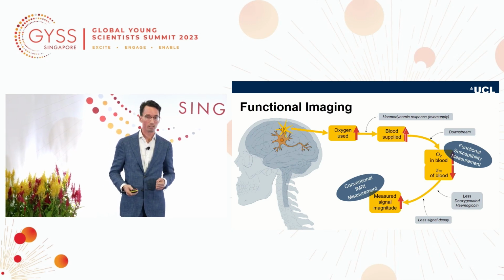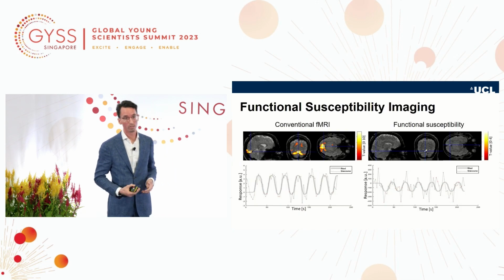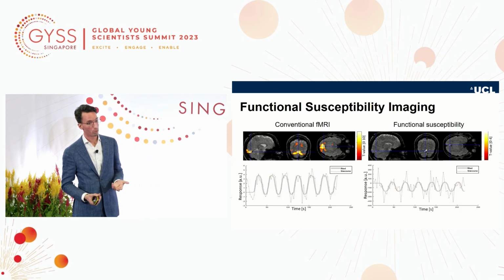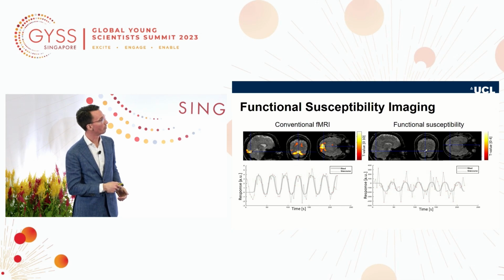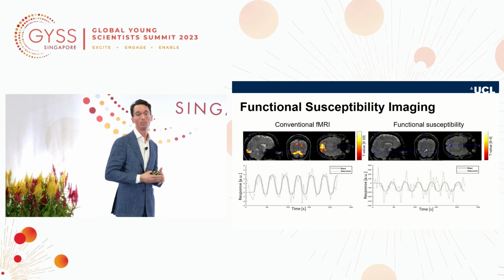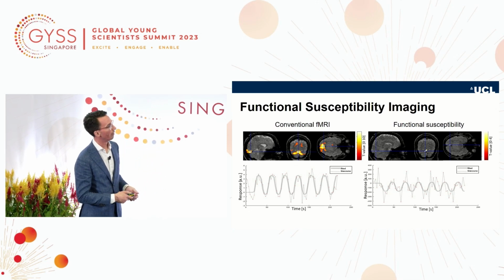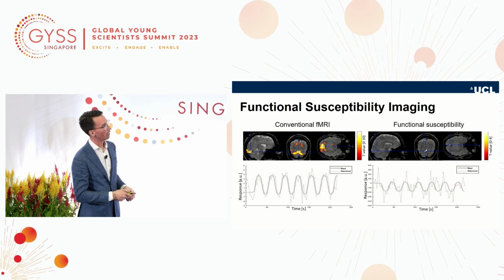And we've done so recently with a new sequence where we've looked at a visual stimulus, which is in the visual cortex in the back of the brain. Here we see a conventional fMRI, based on the magnitude of the scan, and our susceptibility activation on the right. And as you can see, the voxels that are activated here span a much larger region based on the magnitude, and that is because of the downstream effect of the signal amplitude increasing, whereas the susceptibility is very localized,